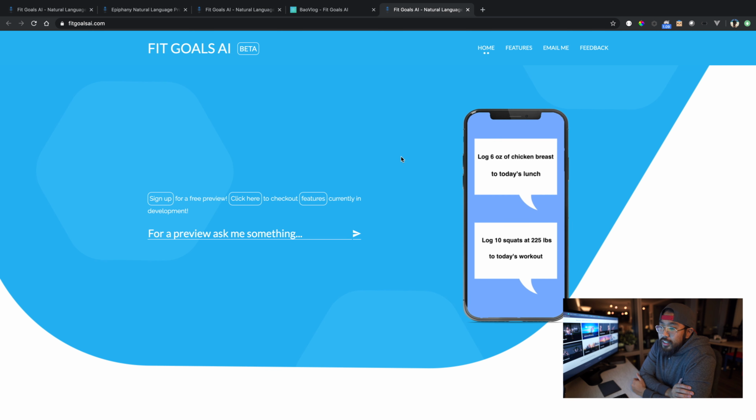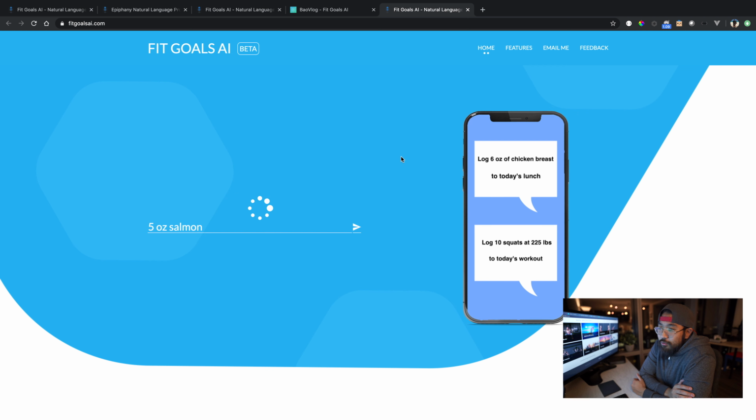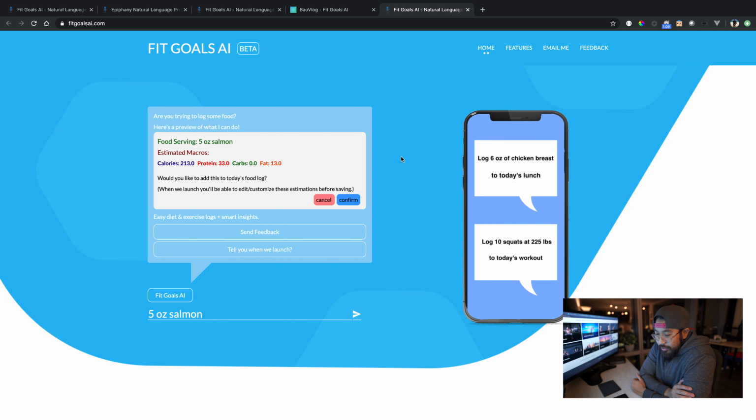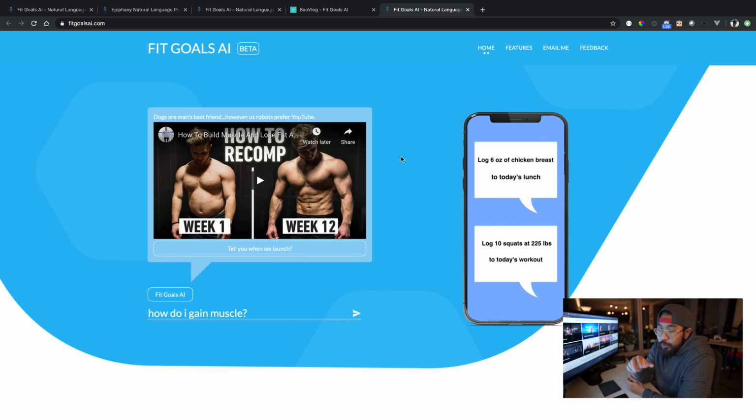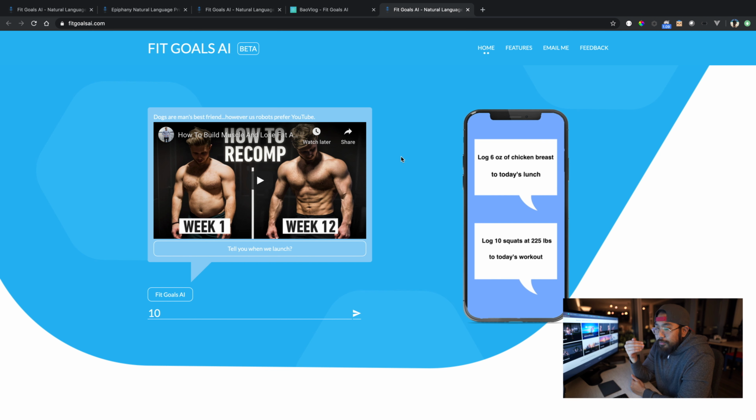And you're going to see in a second, I have this robot that starts typing text into this input box. What Fit Goals AI is doing is, either with your voice or, as you can see, you just typing stuff in, the Fit Goals AI voice assistant is detecting intents.